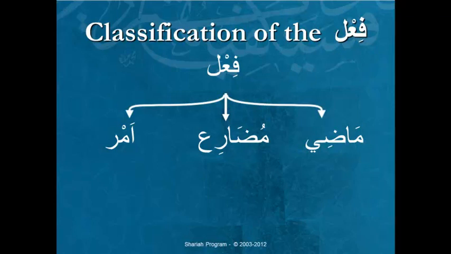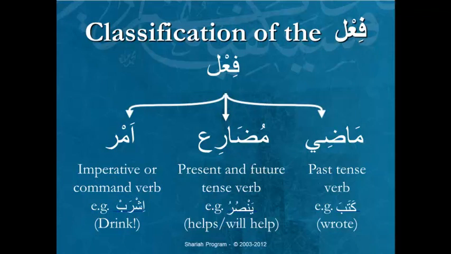So let's give you some basic examples now, and let's continue forward. The madi is the past tense verb. Example is kataba, it means wrote. Mudari is the present and future tense verb, same verb, if you want to indicate present or future. So yansuru, it not only means helps, but it can also mean will help, and the context would determine, because